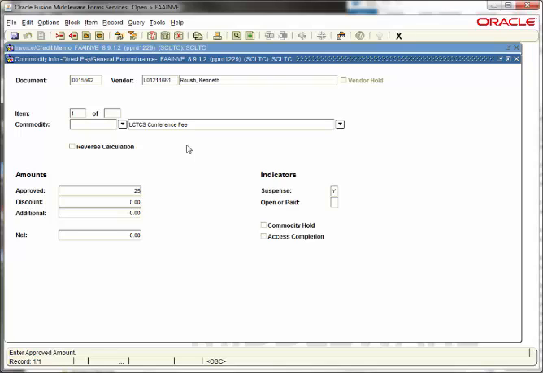You key in the approved amount. You can type in any amount that's discounted. If there are additional costs, let's say a shipping charge that you want to add to this item, you can do that. You'll see that it totals down to the net. The item is in suspense initially,